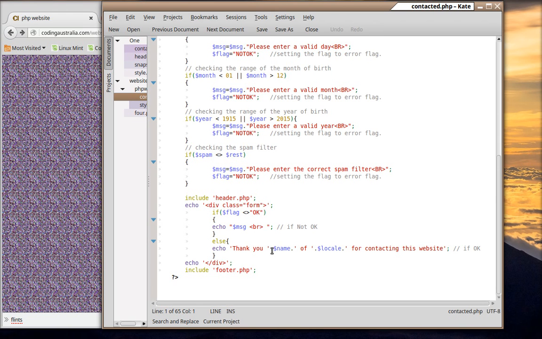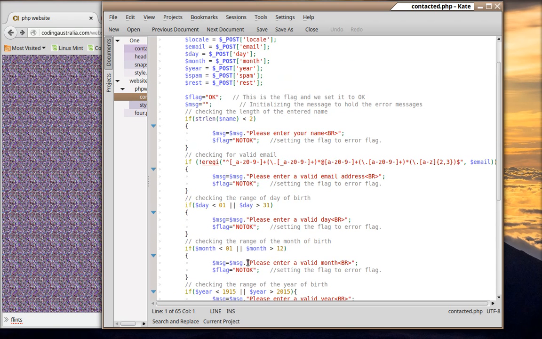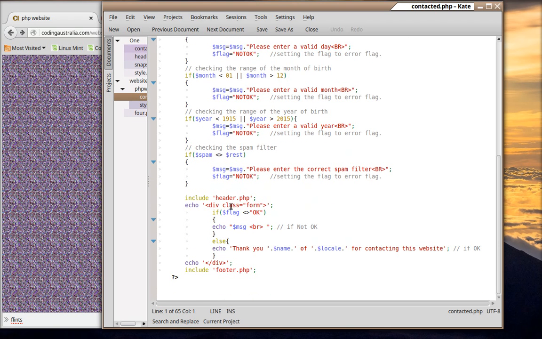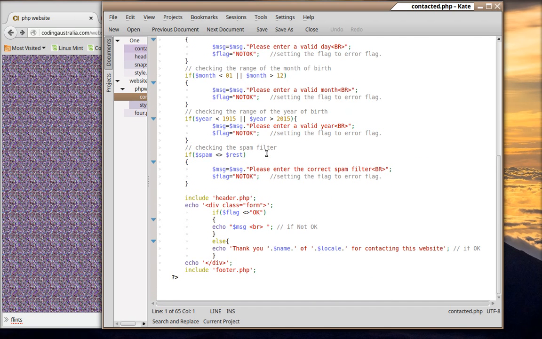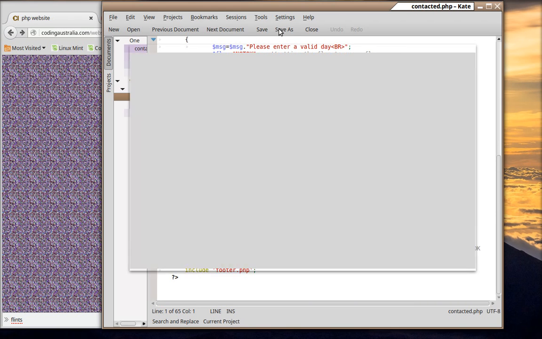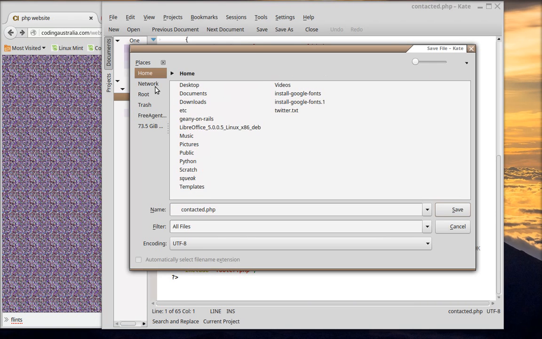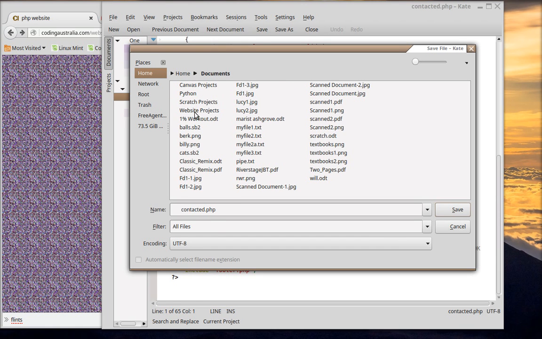Elsewhere, thank you, and then it sticks your name and where you are for contacting this website, and that's if it's okay. And then your div, your form div, alright, which is the div you used before. Alright, and that's what you get. So if you sit down and quietly type all that in, bit by bit, and save it where it needs to be saved. So I shall put it up in our usual spot up here,